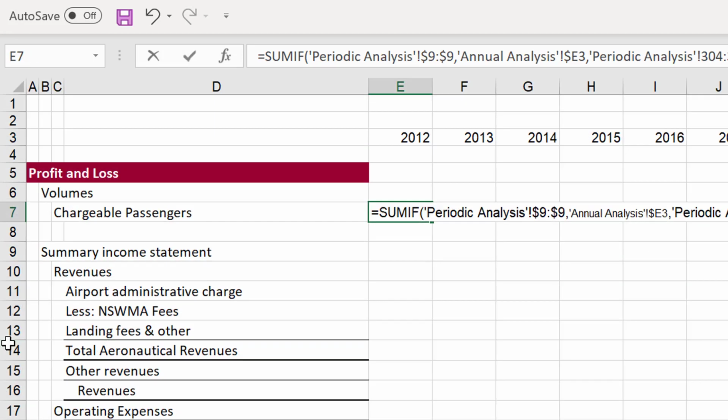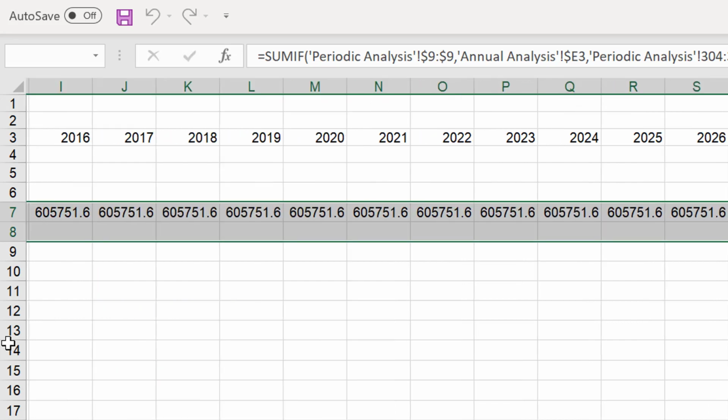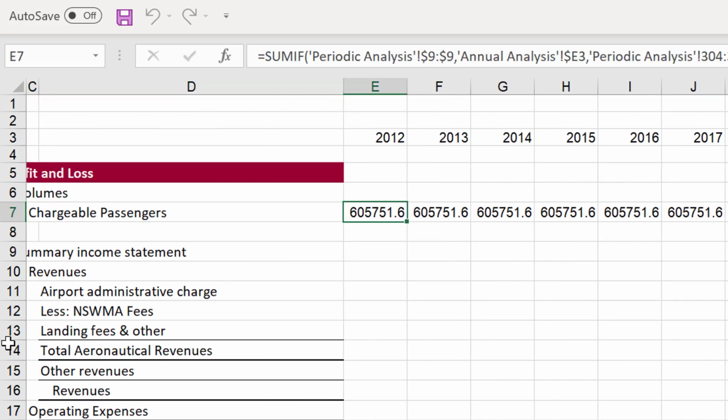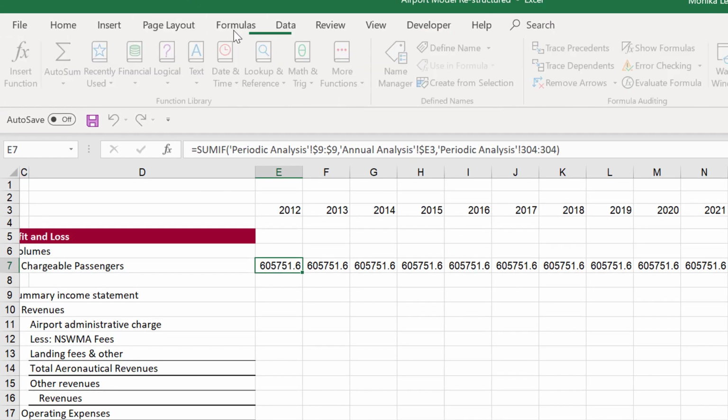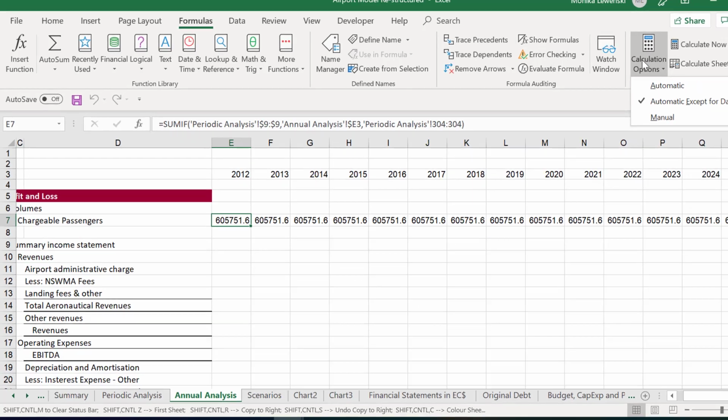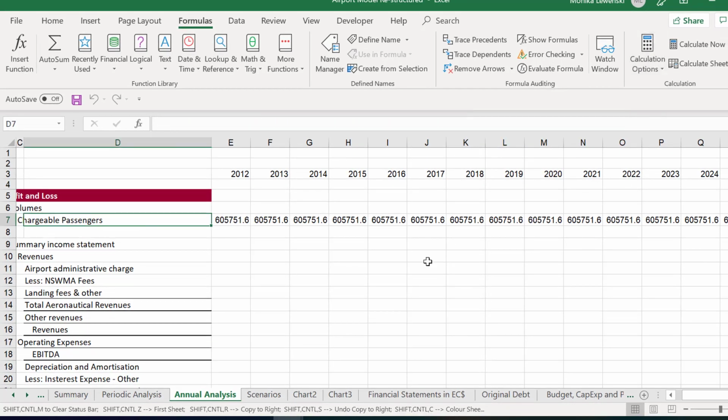I can't press Shift Control D, Shift Control R, and then I hope that I have the formulas off. Okay.